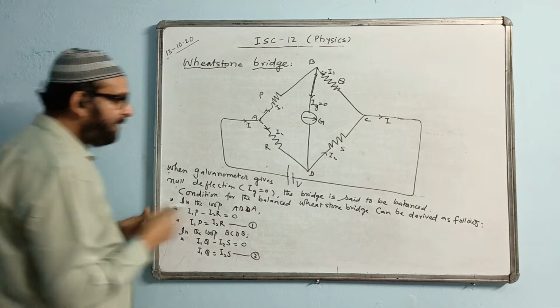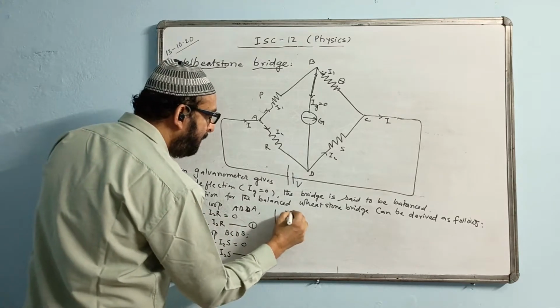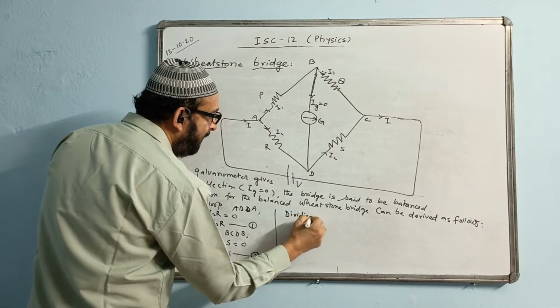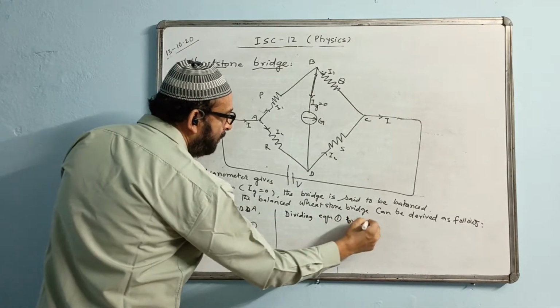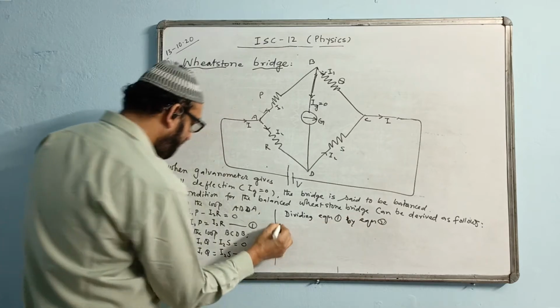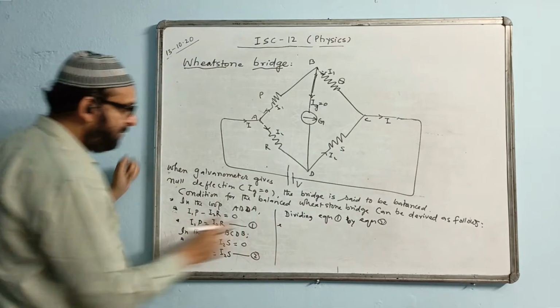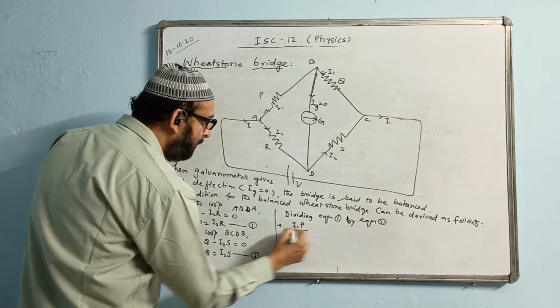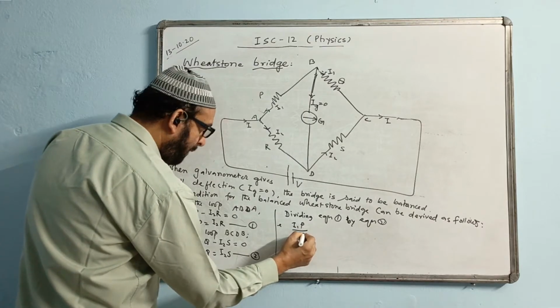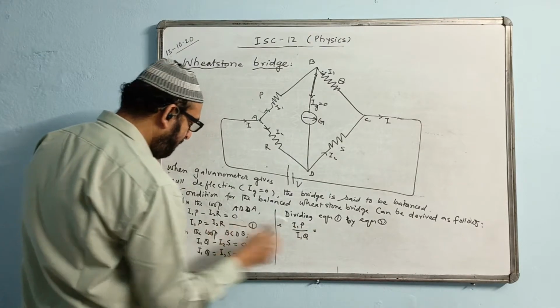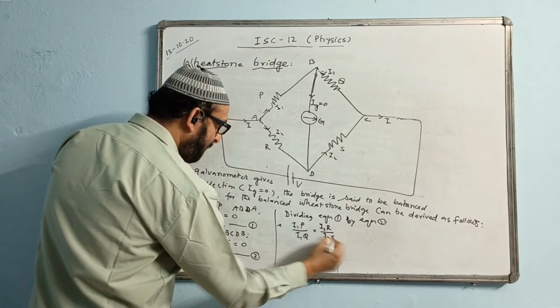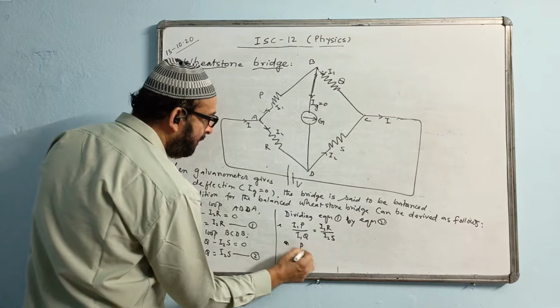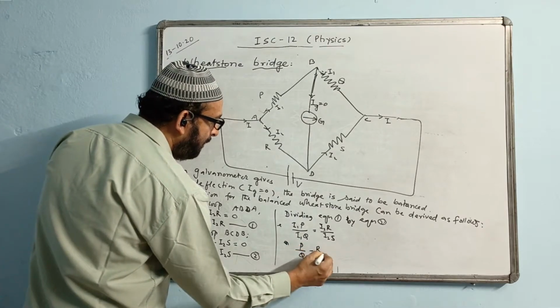These two equations I will divide now. Dividing equation 1 by equation 2. We are dividing this equation by this equation. Let us divide it. You get I1P upon I1Q out here, that is I2R upon I2S. I1 cancels, and the answer that comes here is P by Q is equal to R by S.